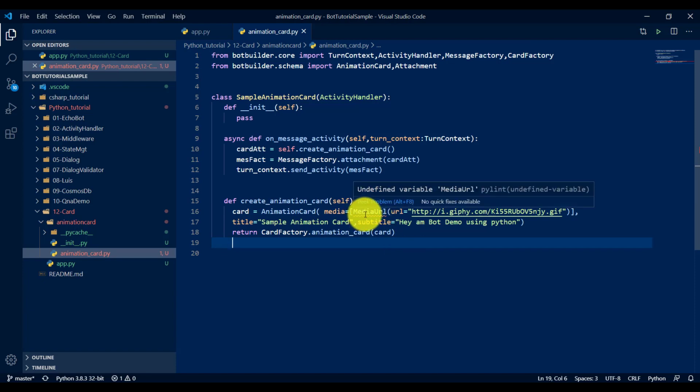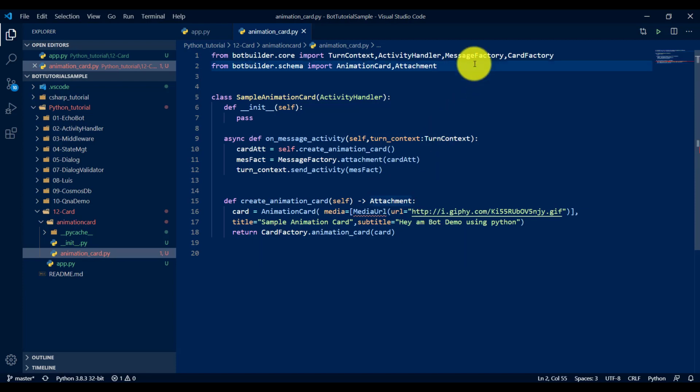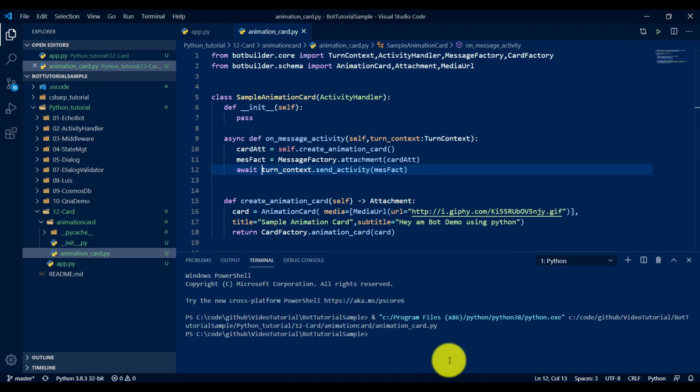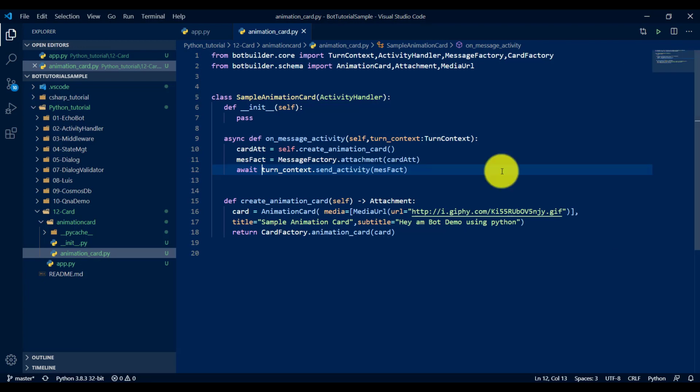This object is underlined because it is an undefined variable, so we have to add the media URL also. Next, the await is missing in the async function, so we have to add that also. That's it. We compile the application, and everything seems to be okay. Start the application.